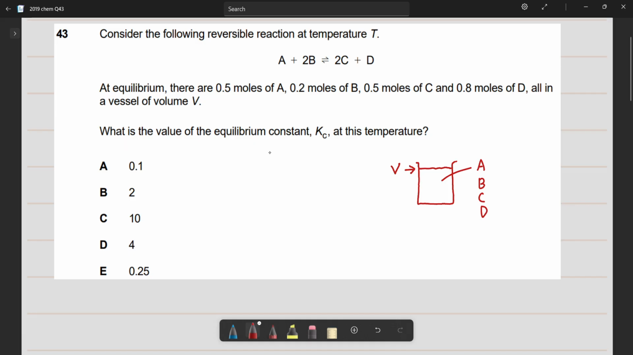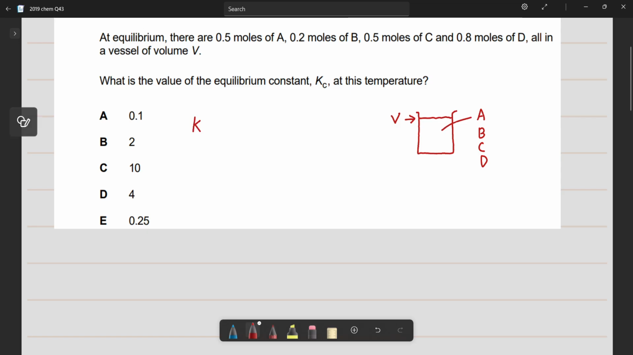Now, what is the value of equilibrium constant Kc at this temperature? Okay, so one most important thing you must know is that Kc means equilibrium constant. Okay, so equilibrium constant for concentration. So Kc here is equilibrium constant for concentration. Okay, it's for concentration, and for this question, since we are given moles and volumes, so most probably